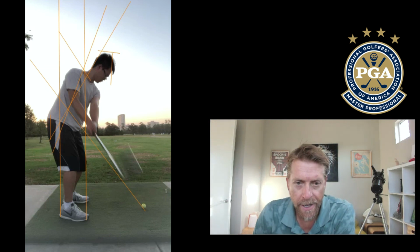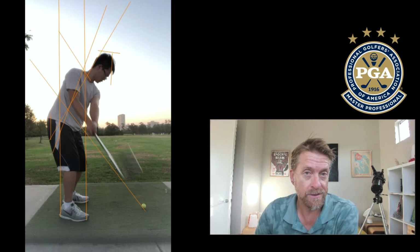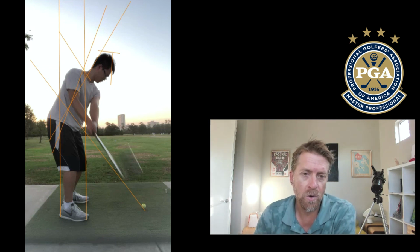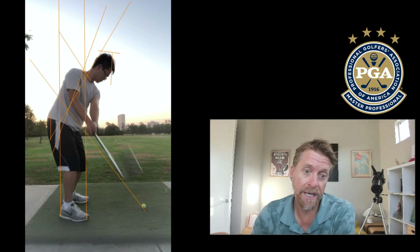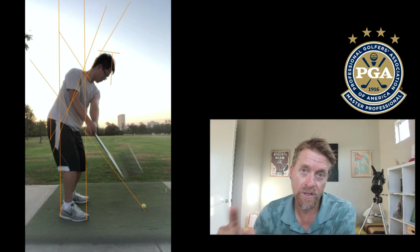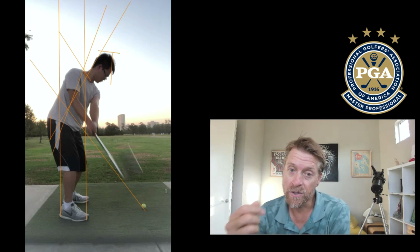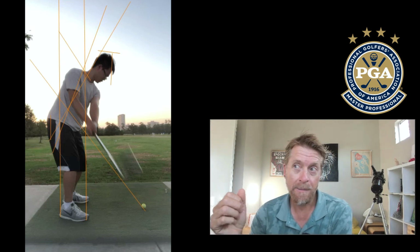So I know you're 5-6 months in. Put it this way, a 5 or 6 month swing like this is really good. It's solid. You're on the right track. I would still focus on basics: grip, alignment, setup, posture. Make sure you're aiming correctly, and make sure your posture is really good in terms of getting the feet more under your hips so you don't have this upper body motion going on. And then just focus on turning around the center of your spine. Again, I highly recommend checking that ball position, making sure you don't forward press. If you're my student, I'd be doing everything possible to get you away from that and just try and kind of prove my